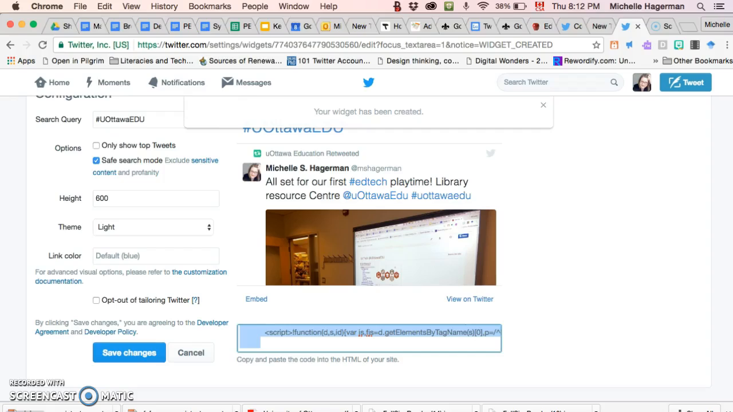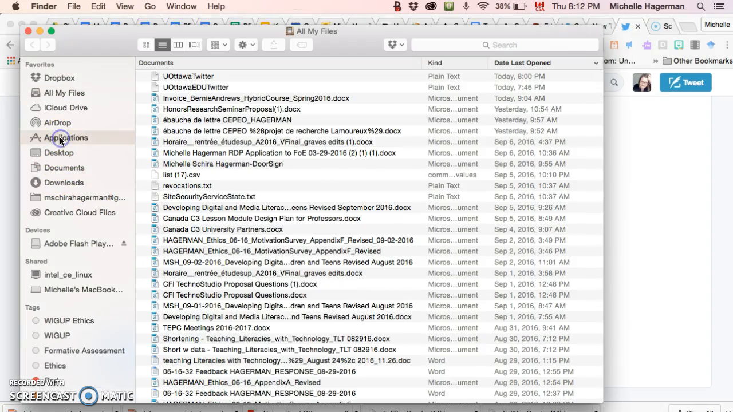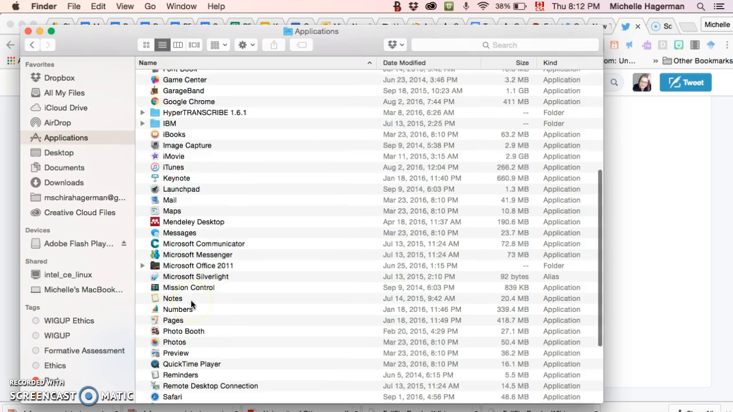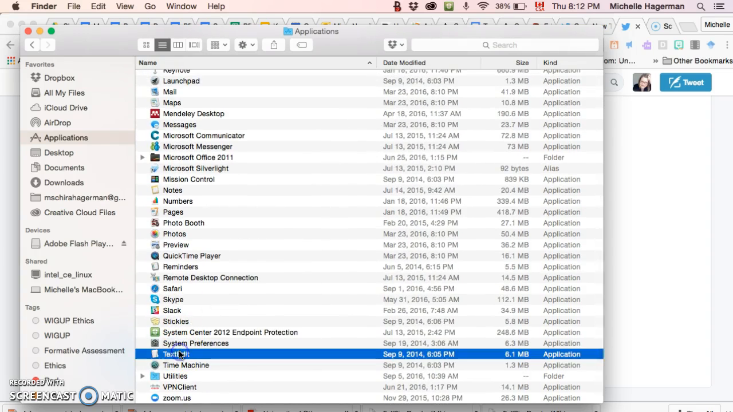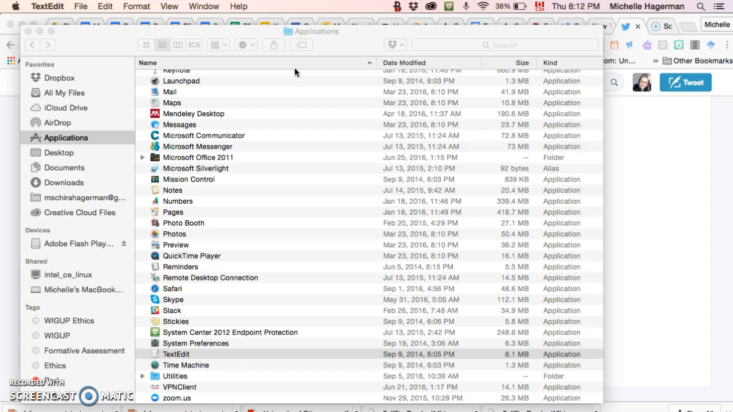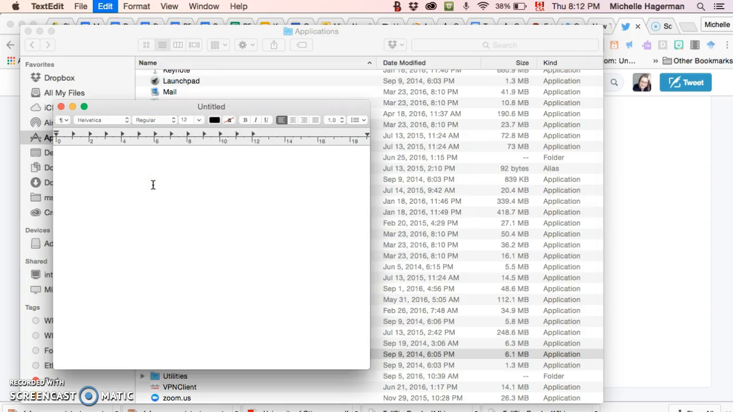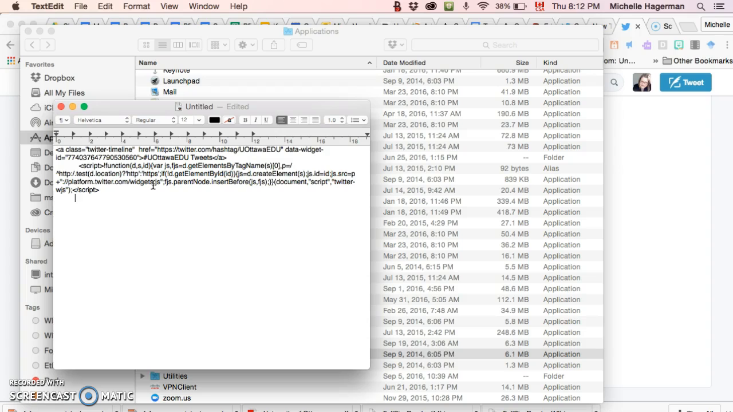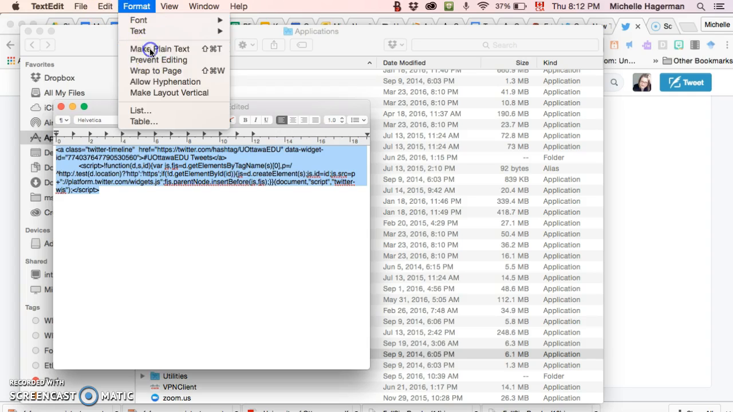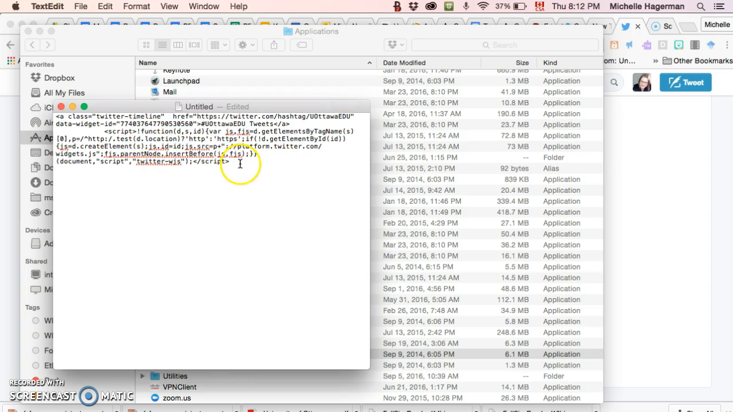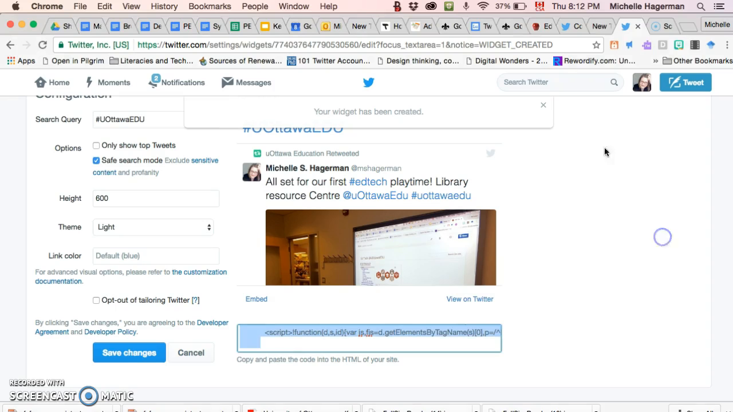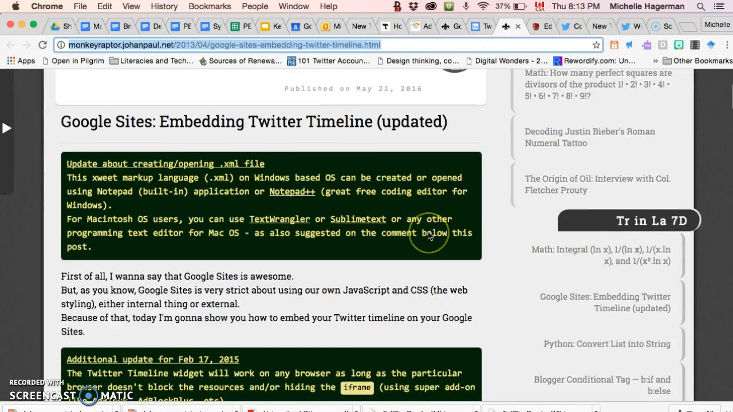paste that onto a text editor file. Here we go. I'm going to create a new document, and I'm just going to paste it there. Okay, so that's code. It just looks a little bit intimidating also, but you just put it there, and I'm actually going to format it to make it plain text so there's no formatting behind, and you can see what happens there. Okay, now I'm going to go back to the tutorial by Monkey Raptor, and I'm going to